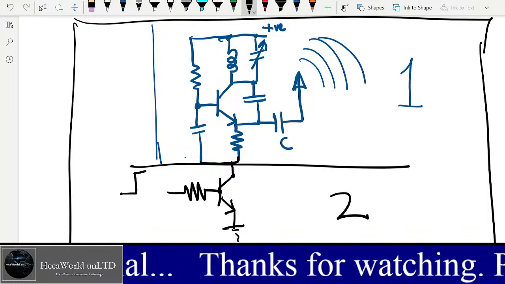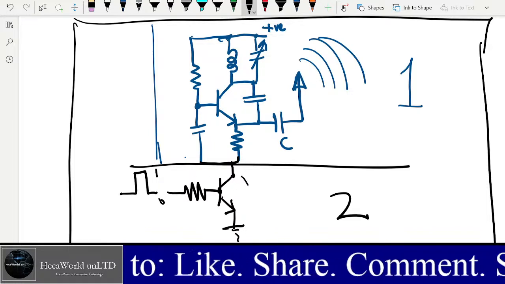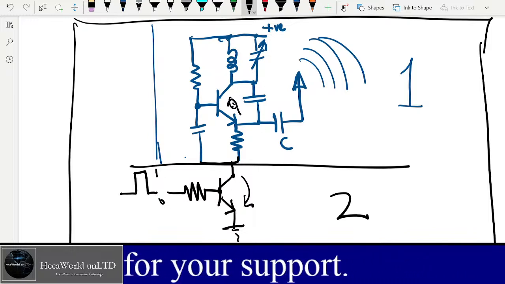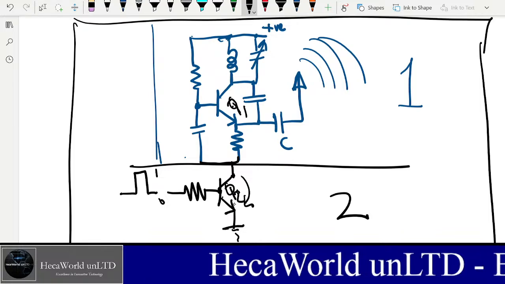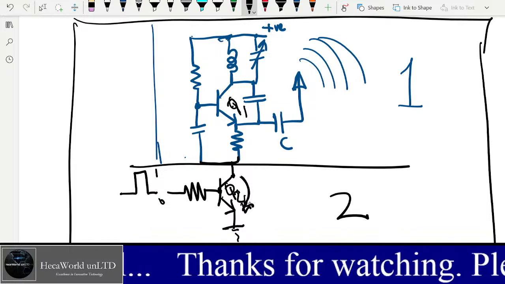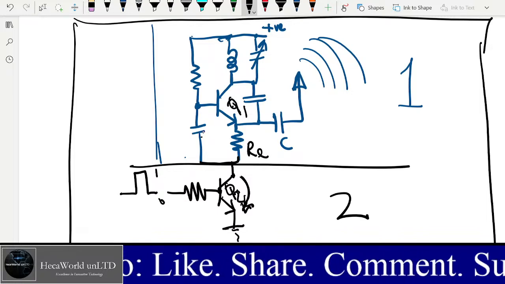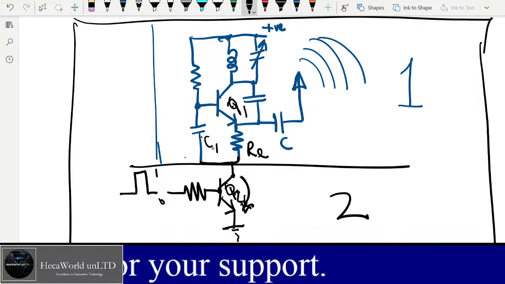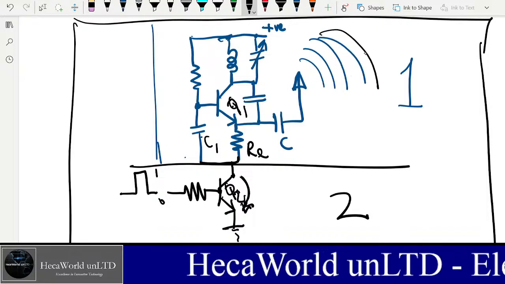So when you send your signals here, ones and zeros, 1 and 0, when you send a 1, this transistor will switch on, this particular transistor. So let's call this Q1, then this will be Q2. When there's a positive going pulse on the base of Q2, Q2 will close and effectively grounding this resistor. So we'll call this RE, and let's call this C1 for now. So this transistor will ground C1 and RE, effectively turning on the transmitter, and it will send out a burst